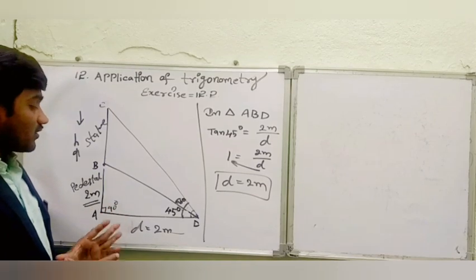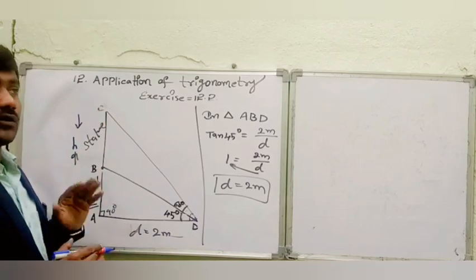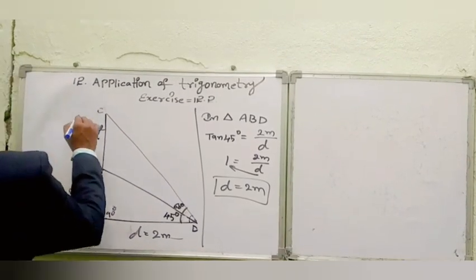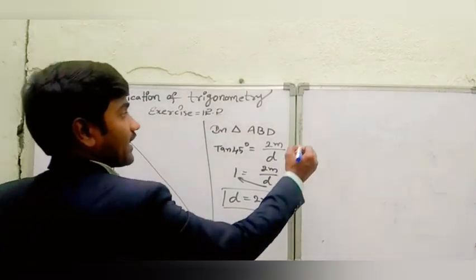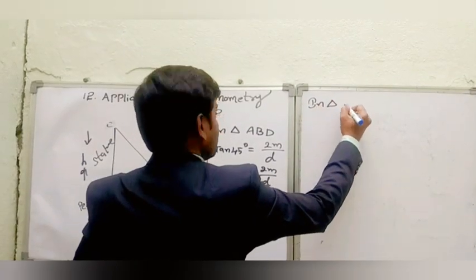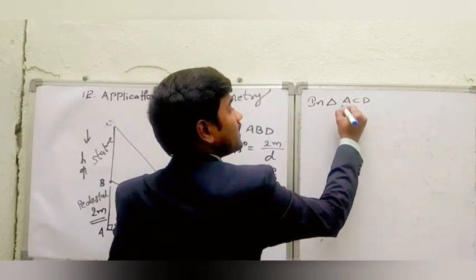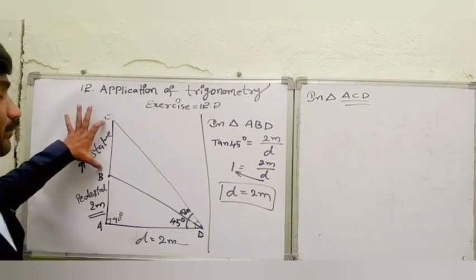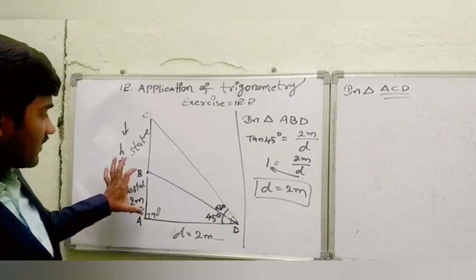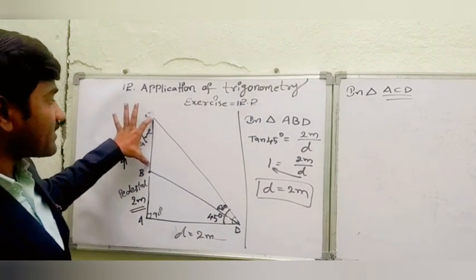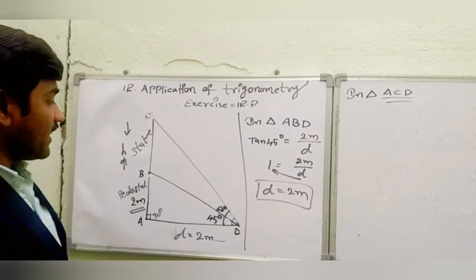Let us find out now the height of this statue. Completely, let us take it here, AC equals H plus 2. So in triangle ACD, because we need to find out BC. No, directly BC we cannot find out here. If you find out AC, already we know AB, so now we get the BC. AC is nothing but the combination of AB and BC. Okay, let us take it now.